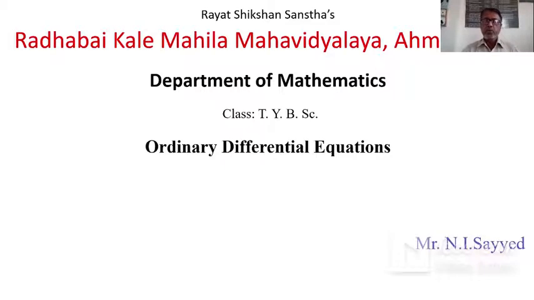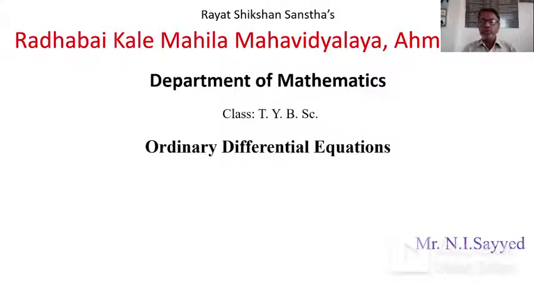Last time we have seen the method of undetermined coefficient. We want to solve the non-homogeneous linear differential equation. Mostly our discourse is the second order non-homogeneous linear differential equation with constant coefficient. And here the method of undetermined coefficient is based on the assumption that this q of x